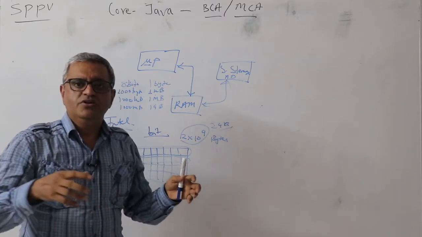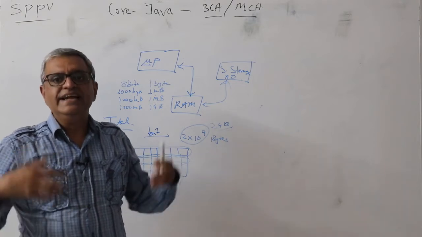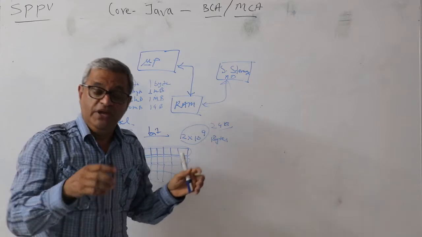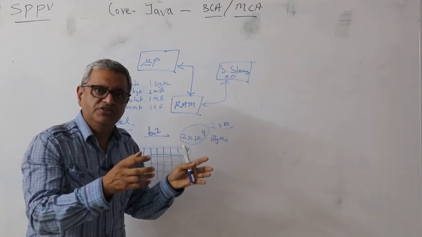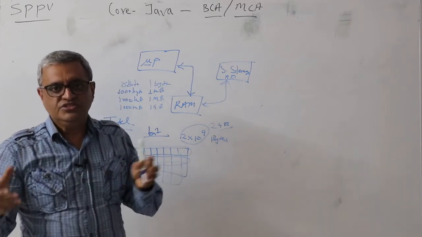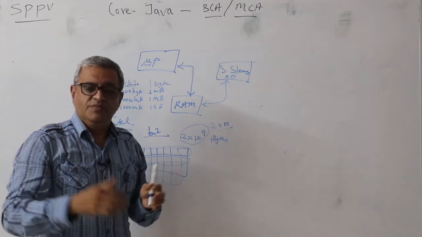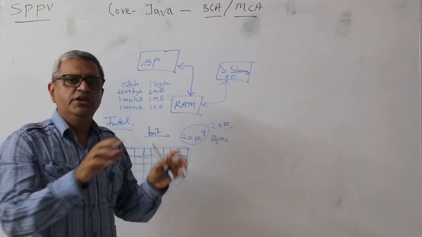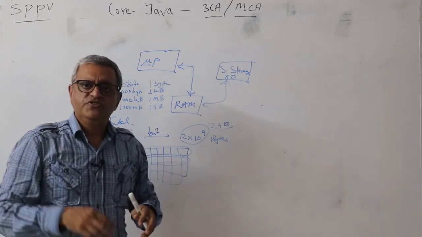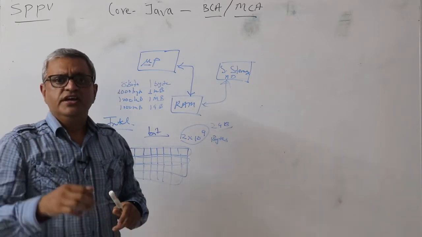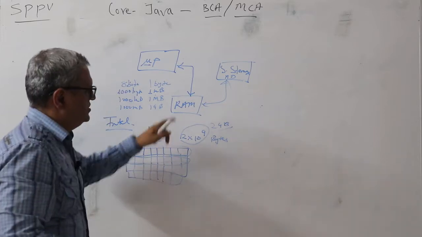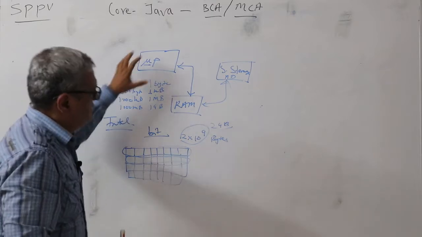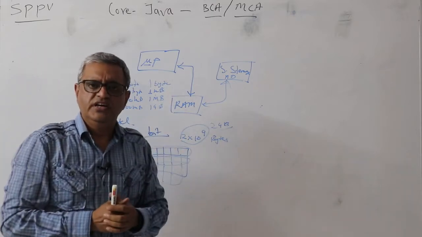Actually, IO, which is very slow, creates a bottleneck as far as speed is concerned, and because of that distributed processing has come, which is currently taking place. Although that's not the subject of our discussion currently, I just wanted to let you know that reading and writing from secondary storage is very slow as compared to reading and writing from RAM. So basically this is the computing environment.